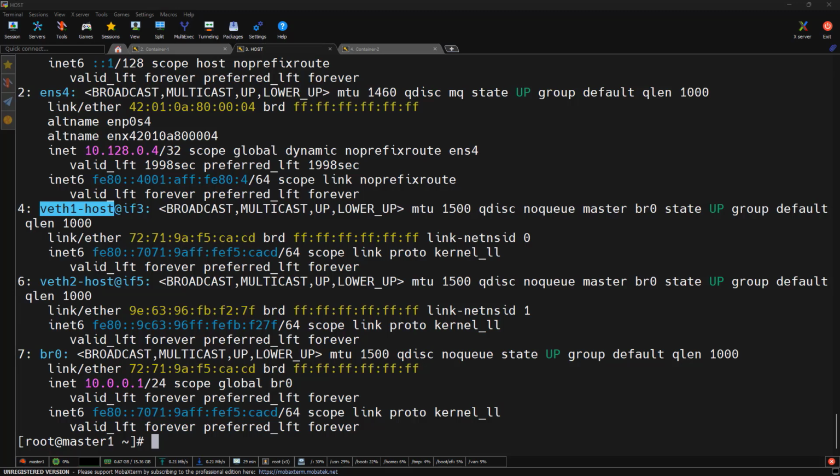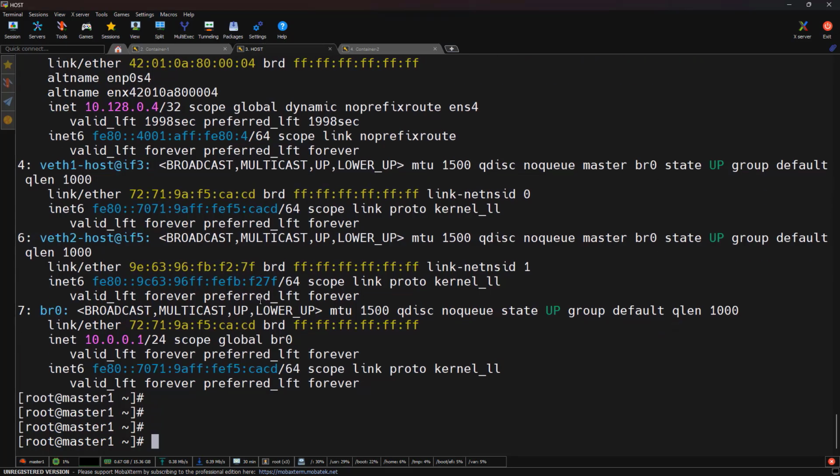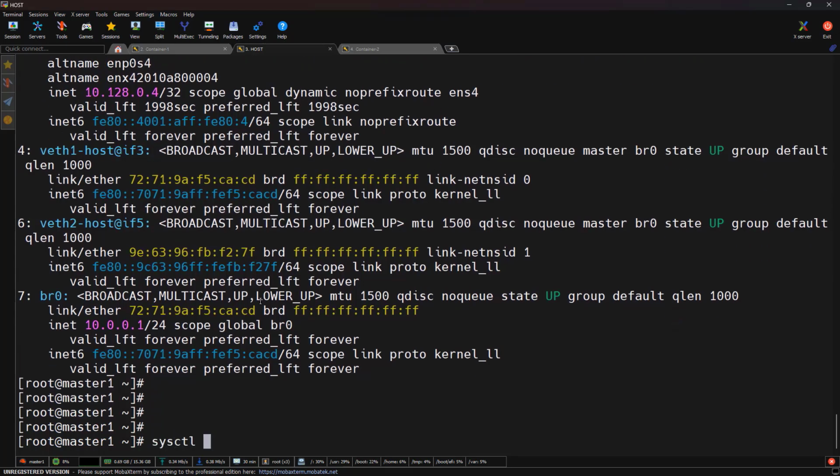Now let's move to the final step. Let's give internet access to our containers. First of all, we need to allow our Linux host to behave like a router. For that, we need to run a sysctl command. sysctl -w